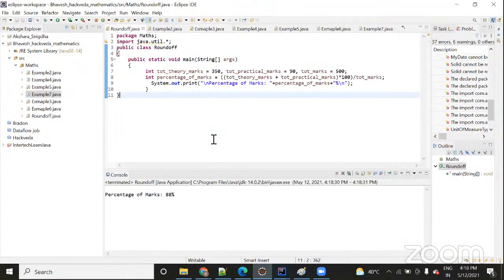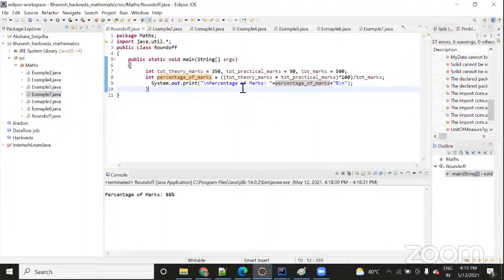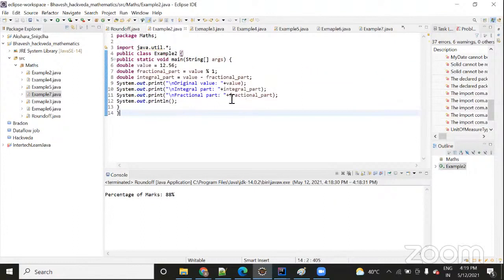I know that you know this. Just wanted to tell you that sometimes when you find out the percentage of any number, you might face an issue of typecasting if it is not accepting. Here this is not the case, but I've added this program to make it clear how you can find out the percentage by simply doing the mathematics. And we have seen a lot of programs on how you can find the percentage value.